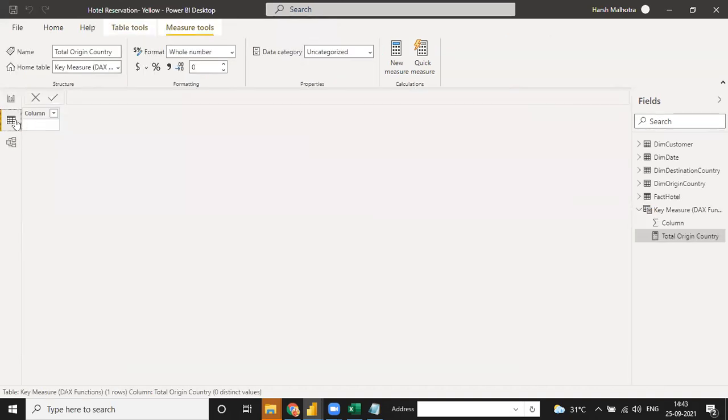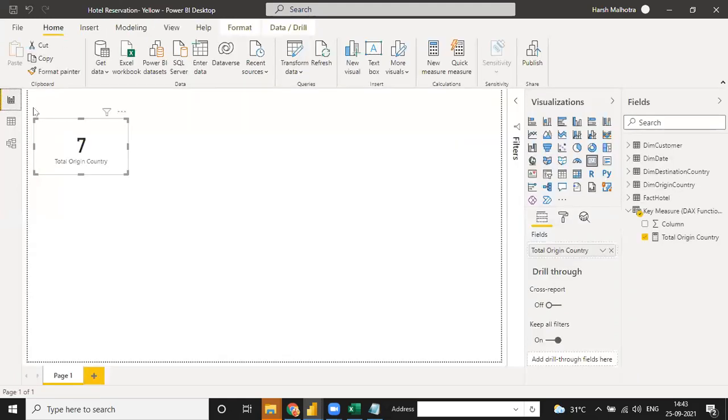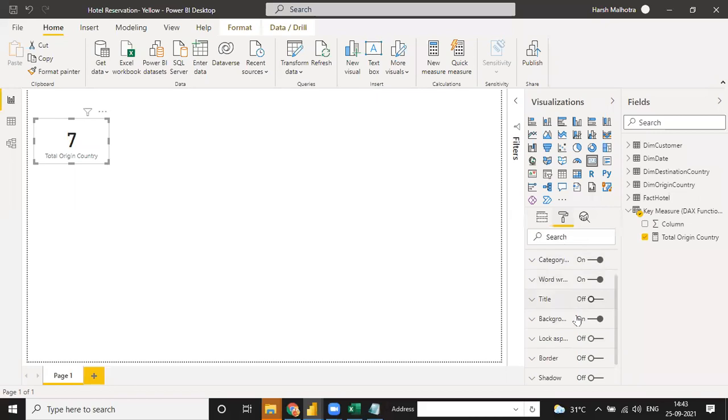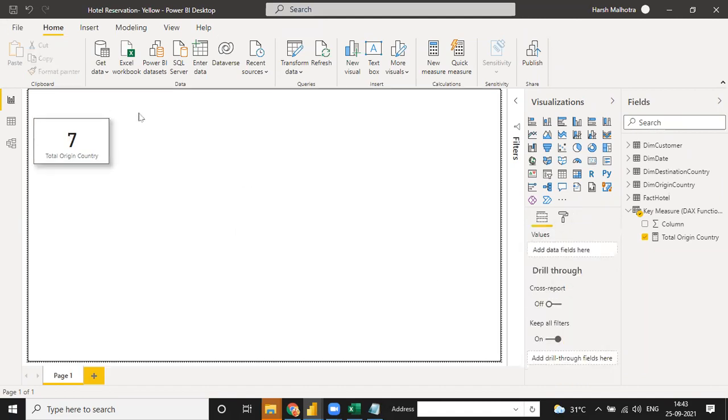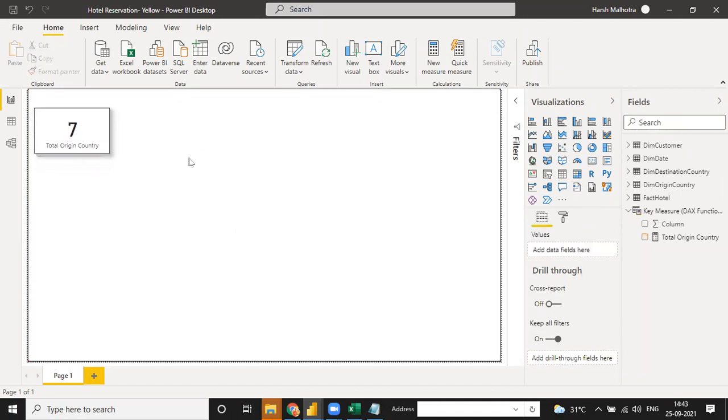It is the same when you click on the table, total origin country, you have a 7. Okay guys, if you have any doubt after one DAX, you can ask me at the same time. And every time you format this visualization, right now I'm not doing any formatting. I just click on border and shadow so that it will show us as a different total, origin. Yeah, tell me.